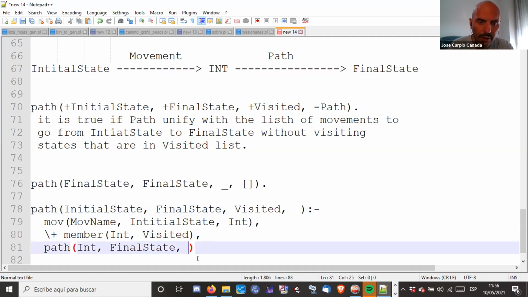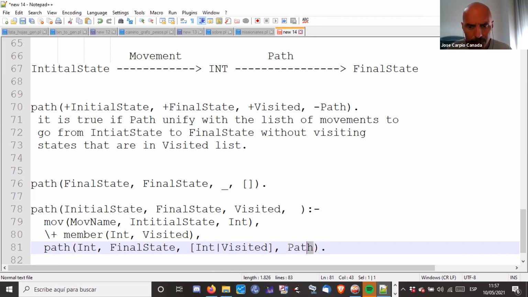We have to put it here before, because this is a new state. We started from here, we go to a new state. This new state I have to include in visited. So now we have a new one, and as we did before with the rest of the exercises here, we only said, okay, if that is true,